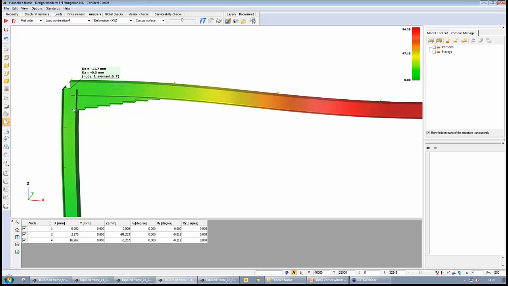So usually the highest bending moments, the highest utilization is here at these cross sections of the beam and the column as well,